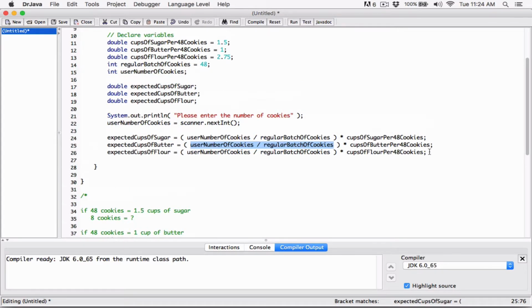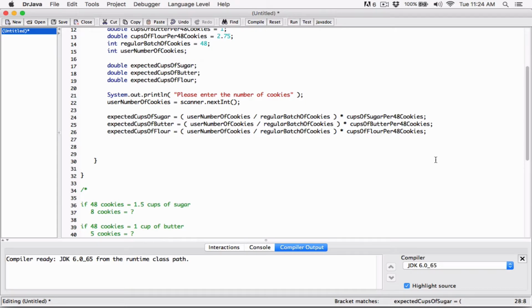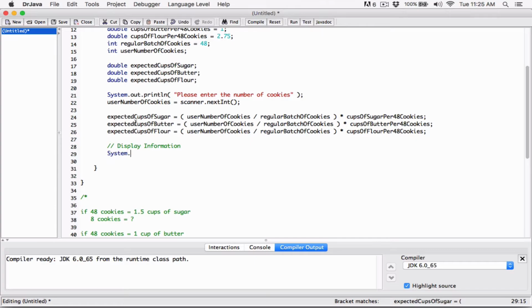Okay, so now we have the result stored here. All we have to do is display it, just to display information. Okay, so System.out.println, and I'll just say for 48 cookies, right? So that's 48 stored in regular batch. So for regular batch of cookies, so for 48